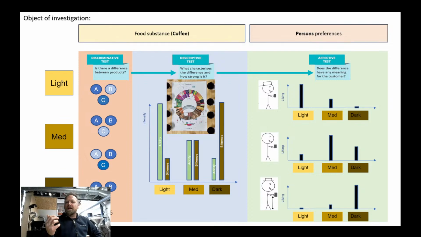So now you're measuring preferences of the people. So it's not properties of the coffee anymore. It's actually properties of humans. Very important. So this cannot be done in the lab. You could do some estimates, but when you do estimates, you really miss important information. So it's not recommended to think that you can predict what people like. We have done this a lot, and it's very, very, very difficult to predict anything when it comes to consumer behavior and consumer preferences.